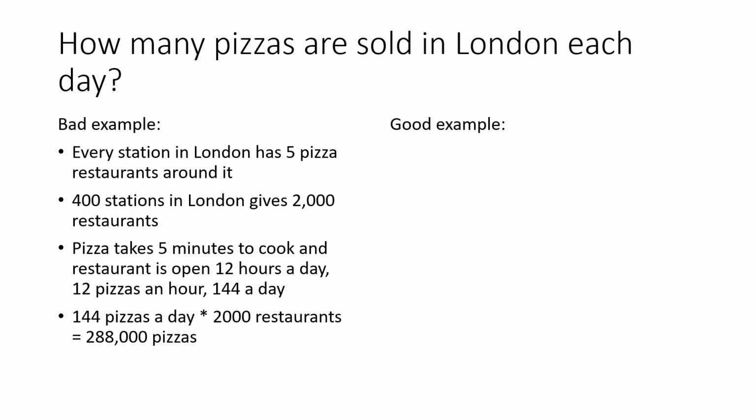The other assumption that is not mentioned is the step involved in going from an individual pizza taking 5 minutes to cook to 12 pizzas being sold in an hour. This implies both that every pizza restaurant has an oven that can only fit 1 pizza at a time, and that these pizza restaurants are always busy and always serving customers from open to close. These assumptions are just plainly untrue. I've seen a lot of pizza ovens, and they can all fit multiple pizzas, and I've also seen pizza restaurants that aren't busy. If these pizza restaurants were constantly making pizzas, more pizza shops would probably open. So clearly this assumption isn't great.